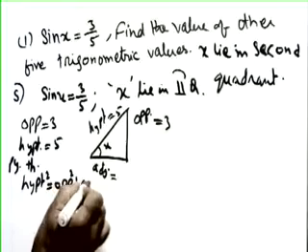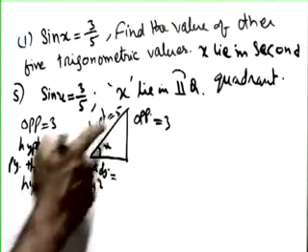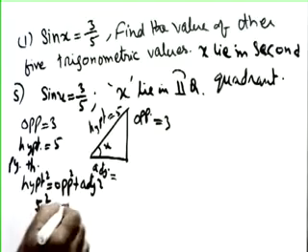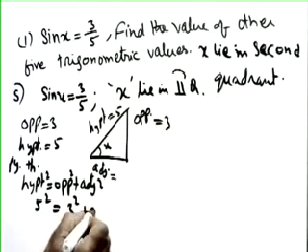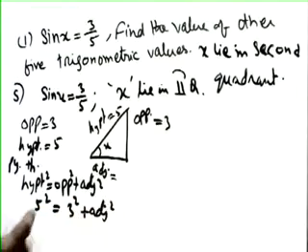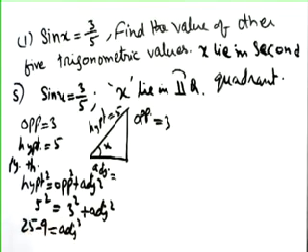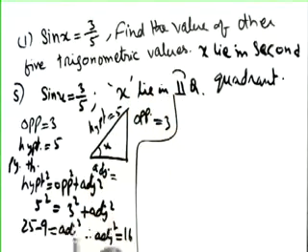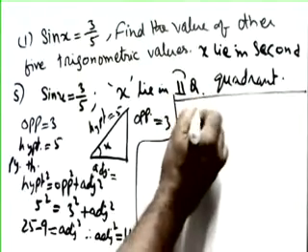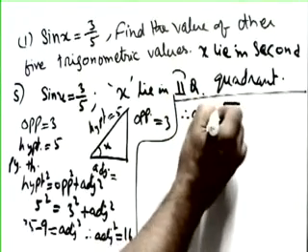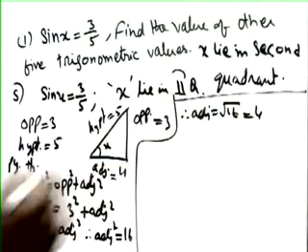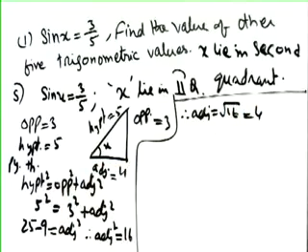What is Pythagoras theorem? Hypotenuse square equals opposite square plus adjacent square. So we have hypotenuse 5 square, opposite 3 square, and adjacent square. So 5 square is 25, 3 square is 9, bring this here, it will be minus 9 equals adjacent square. Therefore adjacent square equals 16. If you take the square out, it will be root. Therefore adjacent equals root 16. We know the value of root 16 is 4, so we got the adjacent.